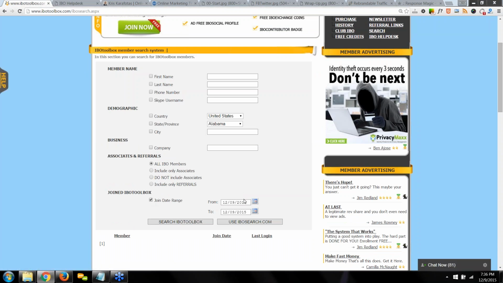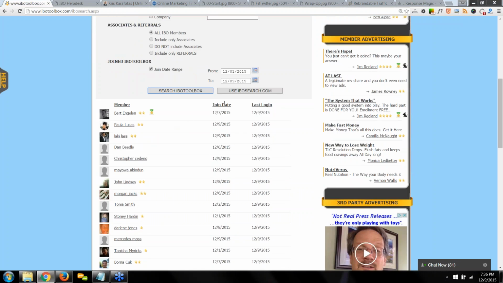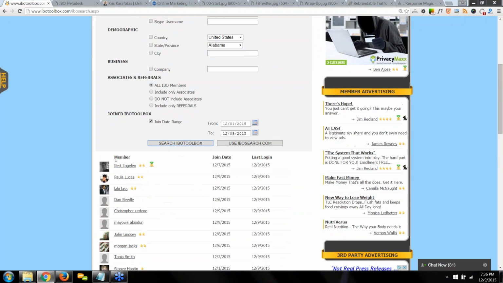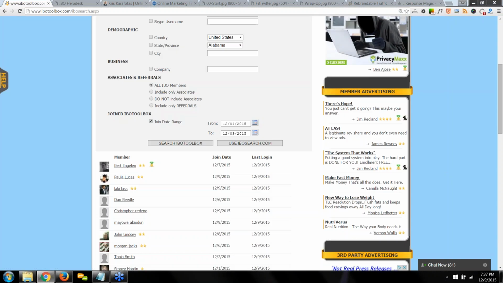So if I wanted to go through, let's say the first of the month, search IBOtoolbox, it's going to pull up all the new members that have joined IBOtoolbox from the 1st through the 9th. Then just click on their name, which brings up a member viewer, and then you click on send request. So you can send as many as you want.